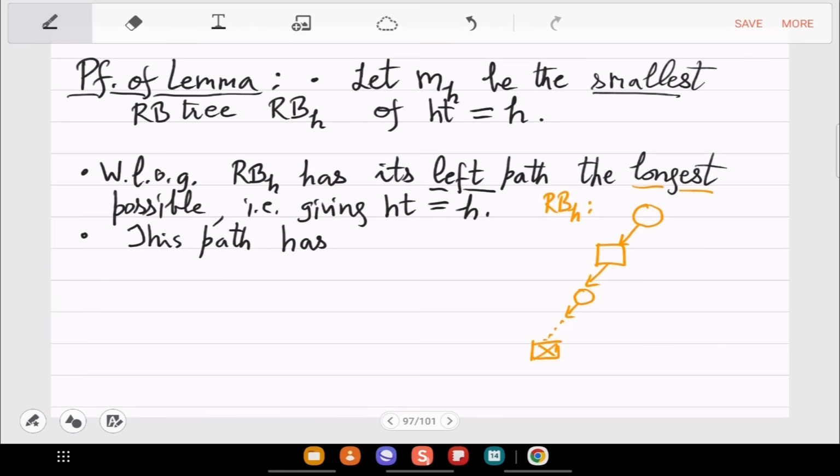So the logic here is that if every node in this path was black, then this blows up the black height to max. And then to every leaf, you will have to maintain that max height. That is not a good idea. That will blow up your size, right? So you have to argue here that this path has maximum possible red nodes.